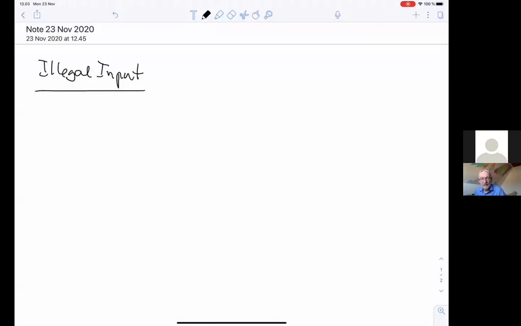Hello, folks, and welcome to the second lecture on attacks and pitfalls. Today will be about the so-called illegal input type of attacks. And this is probably one of the most general, one of the most common types of attacks that we have